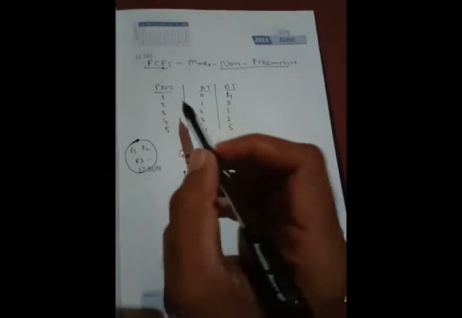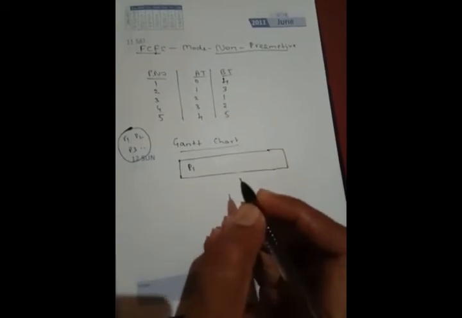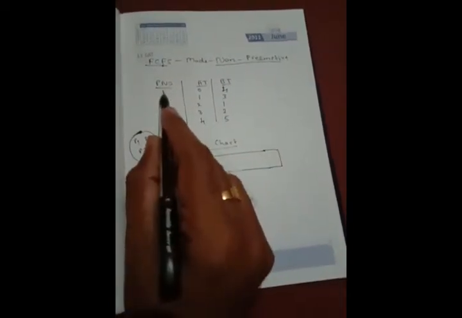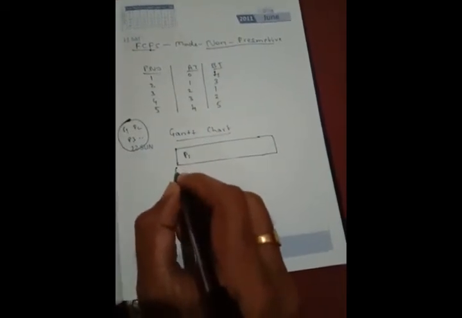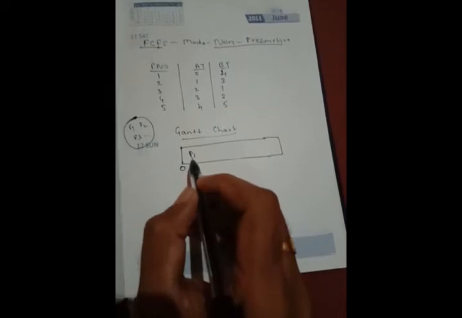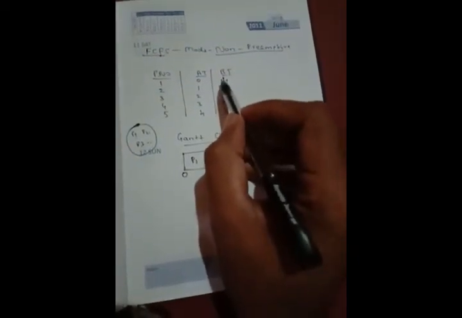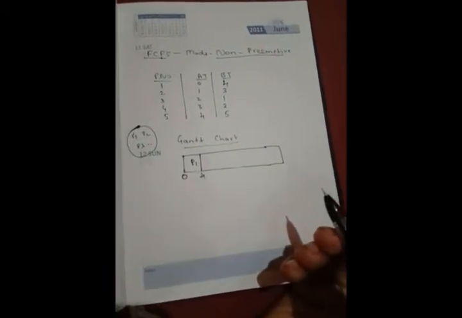Fine. Now which is the first process which has arrived? P1 is the first process, so you have to write P1. At what time has it arrived? At the 0th time. So from the 0th time, P1 has arrived and it has taken the CPU. How much time does it require for execution? It is nothing but 4. So P1 finishes at 4. It will take 4 units to execute or finish.